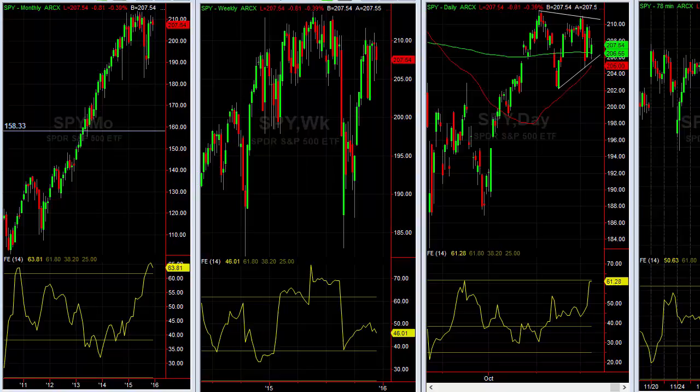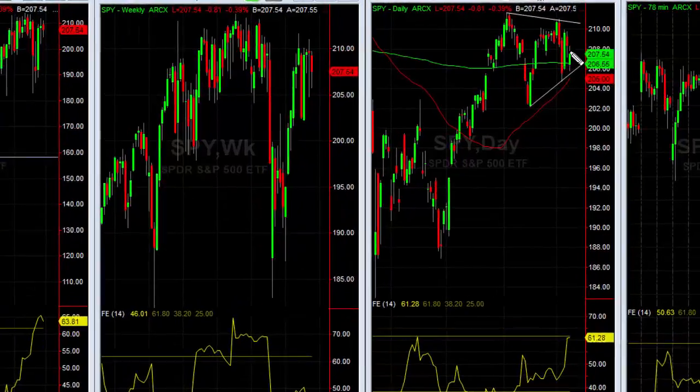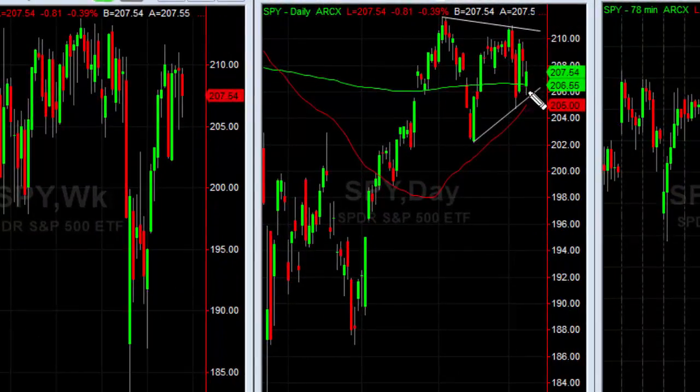So the way that this whole setup started was we started gapping down this morning, and this is the spiders. You can see that we have a very defined trend line here, which is a rising trend line. So what I knew was if the price came down to that trend line, then I wanted to look for some type of trigger to take a bounce off of that trend line long, even if it was just for